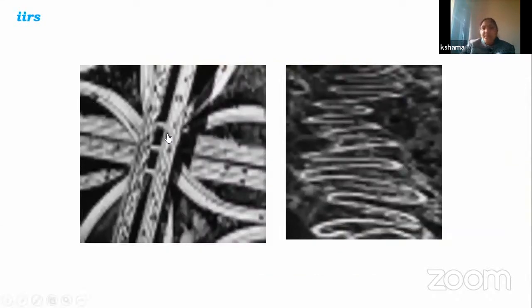Now, if we look at this image, the shadow of the building, the shadow of the object, shows that it is an elevated object. It is above the ground. And this pattern and shape show that this kind of pattern is generally available in traffic junctions or flyovers, so that we can easily identify.